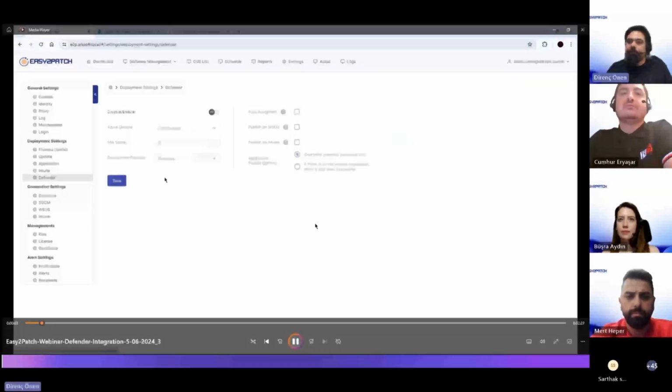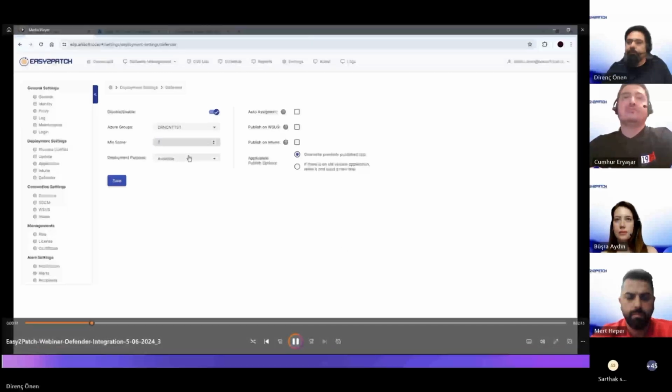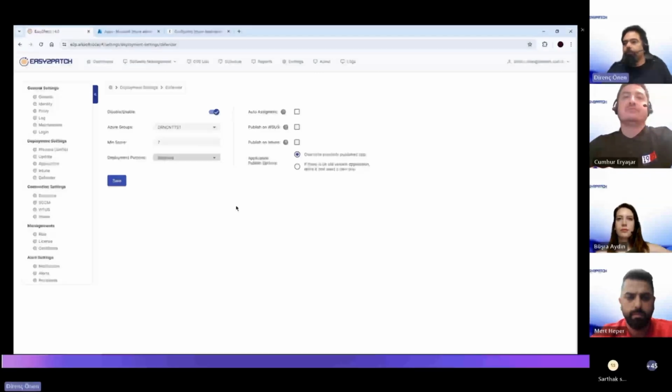On this screen, we are making Defender integration settings. We enable this. We can select any other groups, and we set the minimum CVE score. We can determine the deployment purpose, required or available. When you select required, the application is installed forcefully. After saving this,